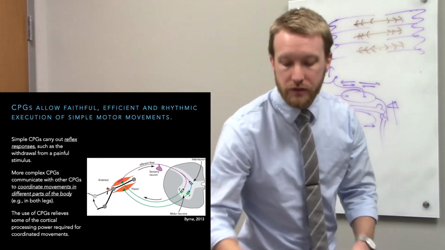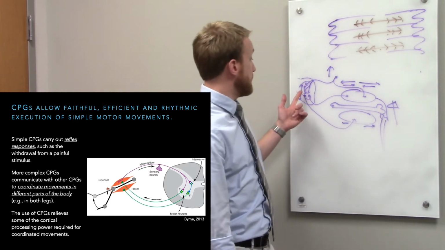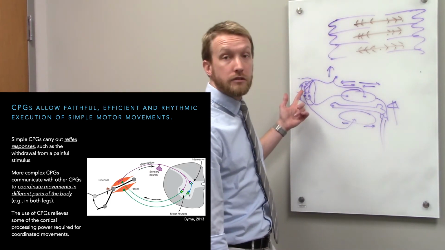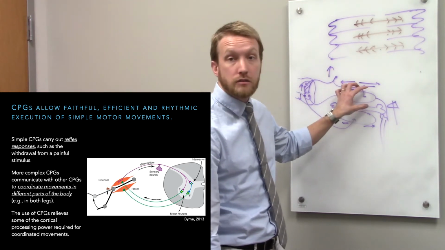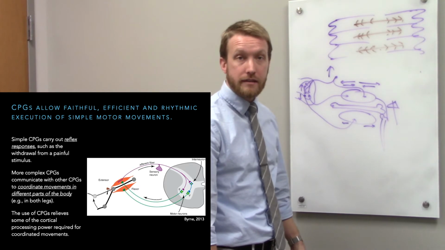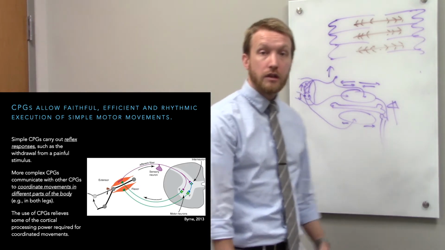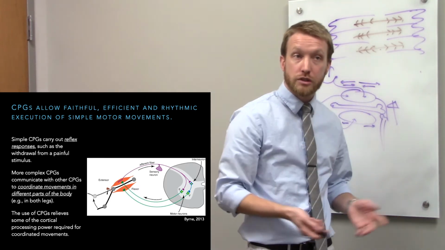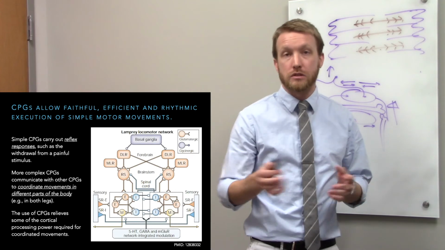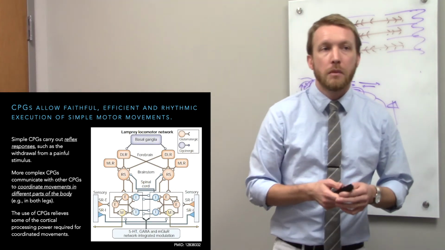Now, the stretch reflex is mostly there to cancel out noise, but it shows us this very simple pattern generator. When we're stimulating the agonist, we inhibit the antagonist at the same time. That interneuron is a very simple pattern generator. So when you try to move at a joint, you don't encounter resistance. Pretty straightforward. Others are slightly more complicated because they involve just a few more neurons, but what they allow for